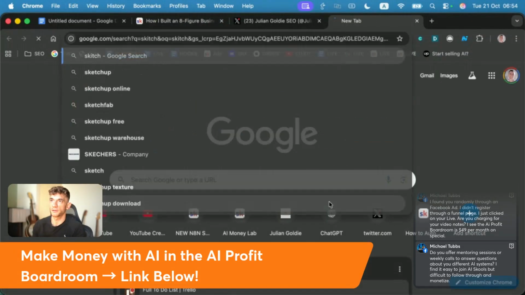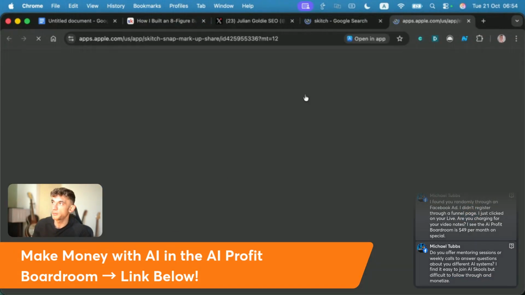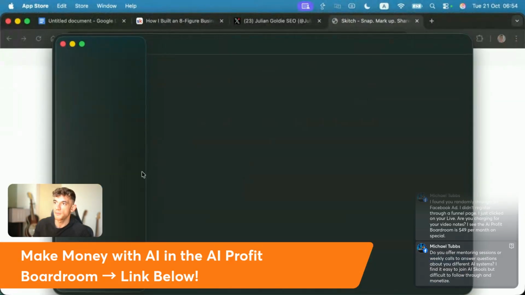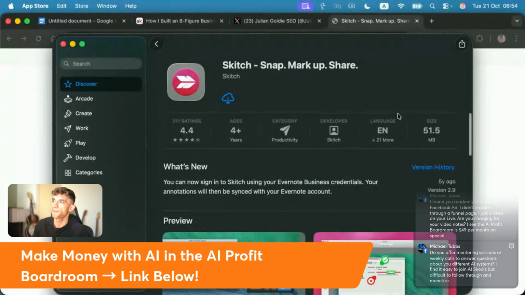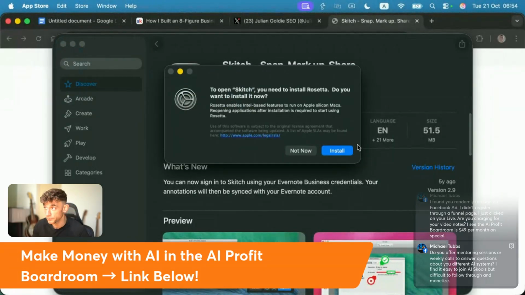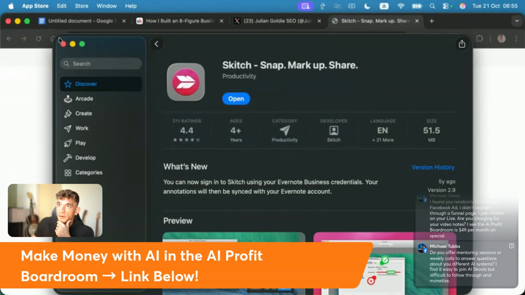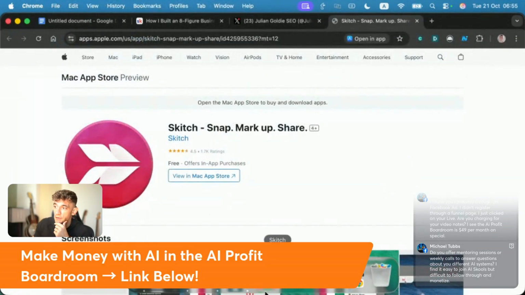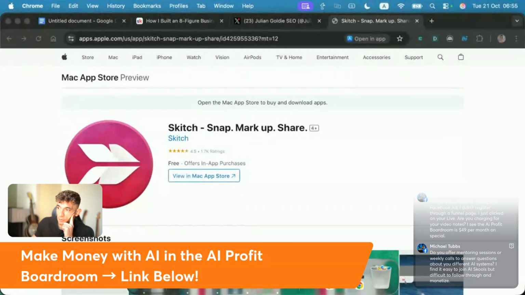Actually, I just want to download Sketch. Sketch, you have me mark this stuff up. If you don't use Sketch, it's really, really good for just annotating screenshots. I'll show you what I mean in a second. It's a free software as well, but the annotations look really good. So if we open this up, wait for that to load, done, okay, open. We've got Sketch open in there. Free software. This is really, really good. Once it opens, there we go.